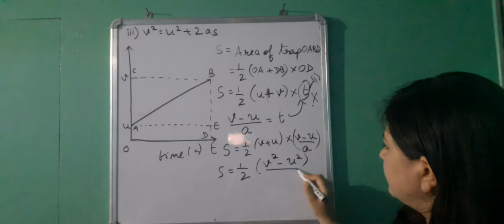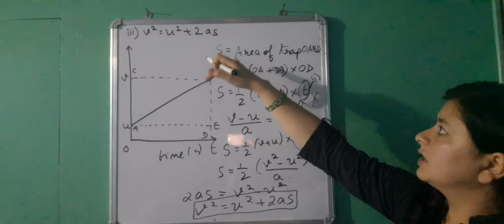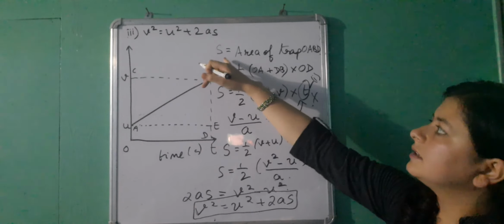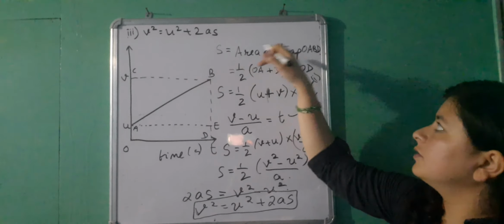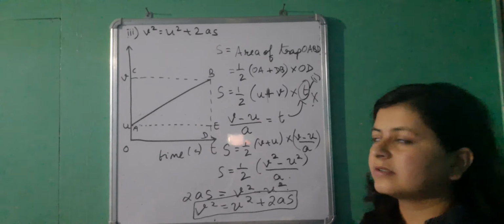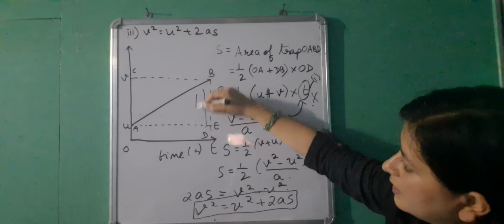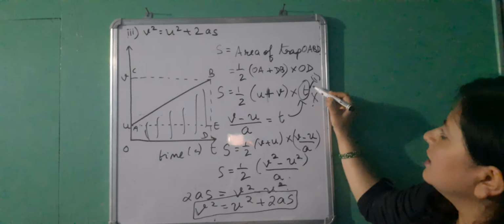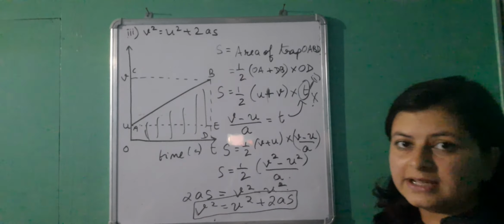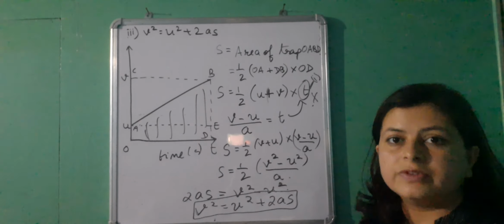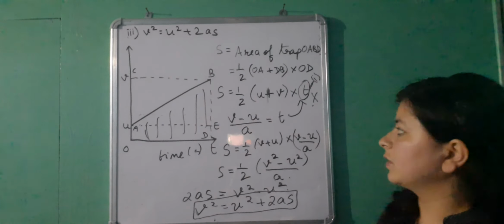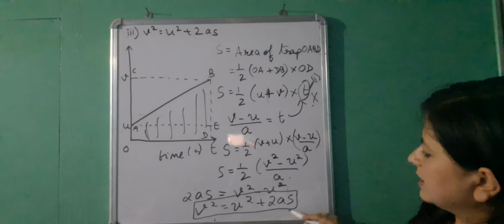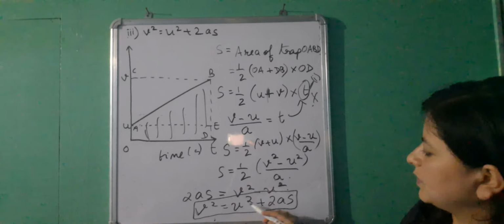This is the third equation of motion which we have derived successfully using a velocity time graph after taking the formula, displacement or distance is equal to area under the graph. Our graph, if you just shade it underneath the graph, you'll get a trapezium whose formula is given on the board. Then the trick here is to eliminate t or substitute t by other terms which are included in this equation. Then we found out the final expression to be v square is equal to u square plus 2as.